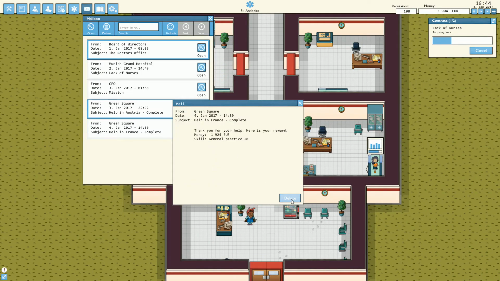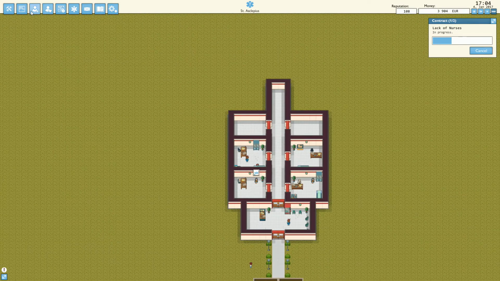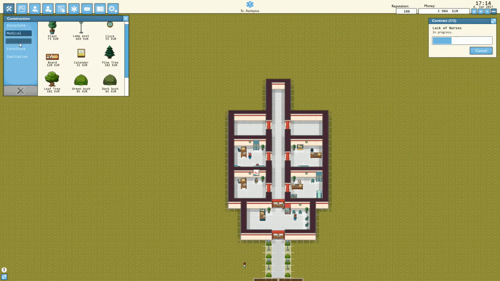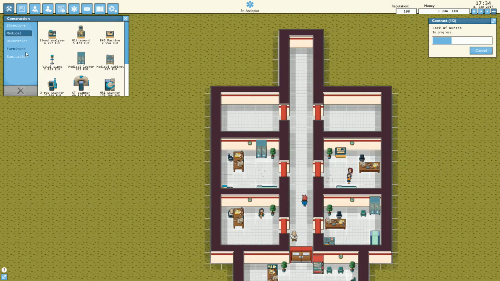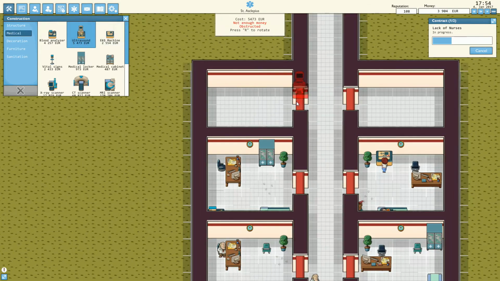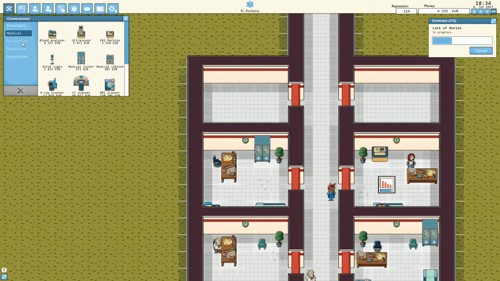So, yes, we do have this. Very nice. Everything is very nice. The next thing we probably want to get is an ultrasound. Here. A little bit of sonography. This is 5.5. Well, actually, how about we get